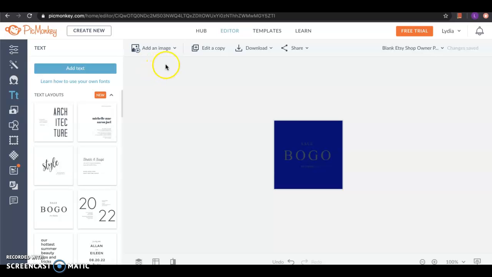So the first step is typing in PicMonkey in whichever browser you prefer. I'm using Google Chrome. When you get to the website, you are going to have to sign up for a free trial. This is not a free website, but the free trial does last a while, and I do not plan on using this program often. So when you get to the website, you sign up for the free trial,